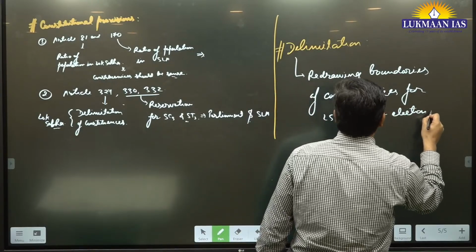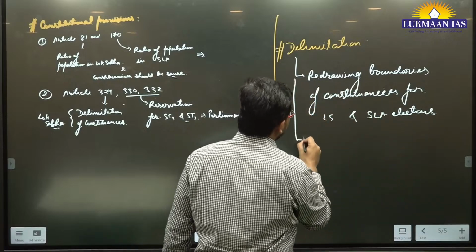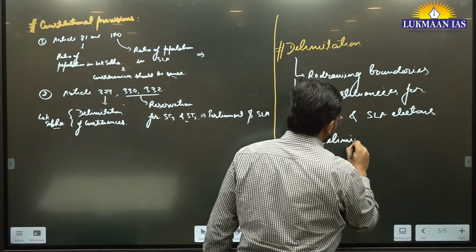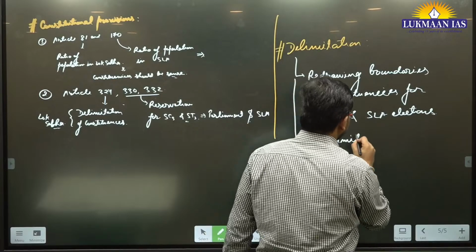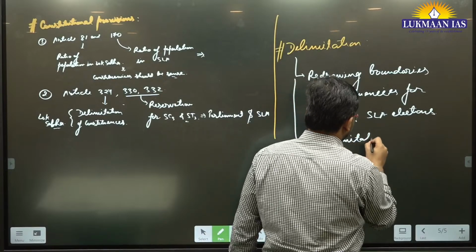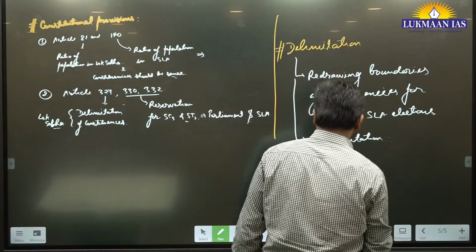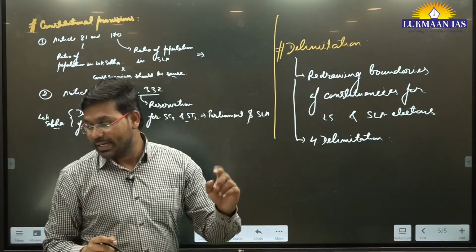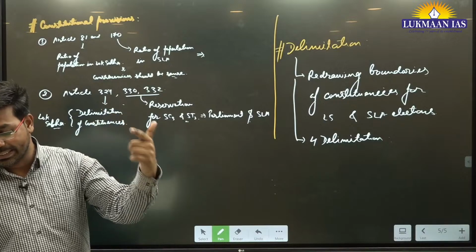This is the thing. And so far in India, 4 delimitation exercises have been done. When these delimitation exercises were done, in this article they have mentioned 1952, 1962,